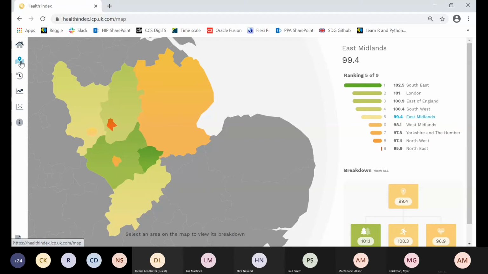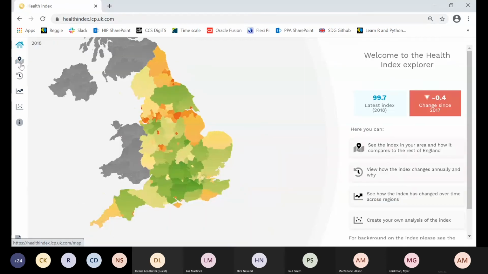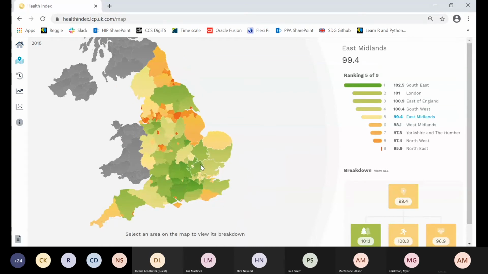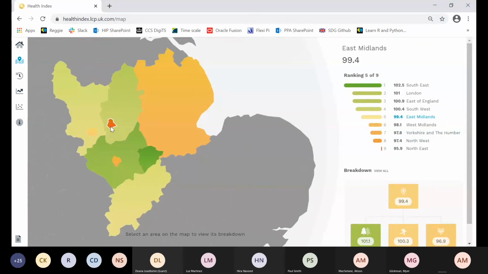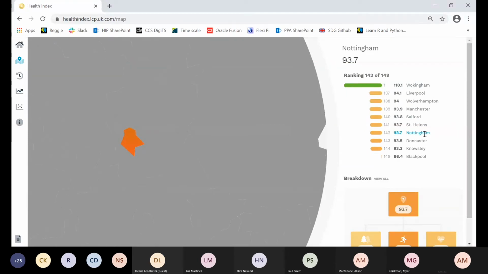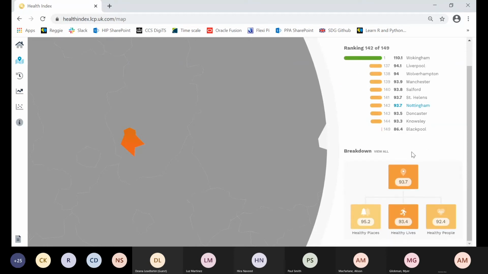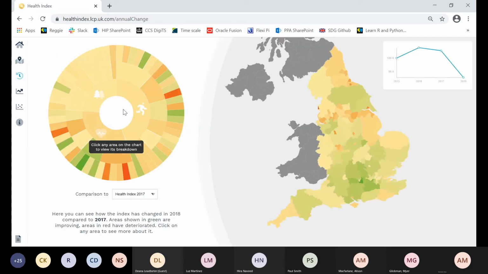But you can explore geography in more detail using the map function on the side, and anything you go into, I normally end up gravitating to any outliers like Nottingham there. Sorry, let's go back in. You can immediately see how they're doing compared to other UTLAs with similar ranking, and you can see for the index as a whole what their overall score is and what their scores are for each of the 3 main domains. You can also visualize the index as a whole through this sunburst chart, where at first we're just looking